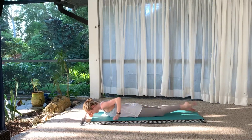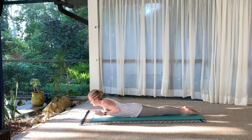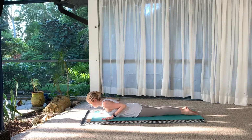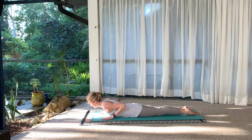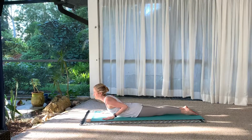And release. Cobra. Tops of the feet are on the mat, pretty close together. Keep your elbows in tight, roll the shoulders back and down. Flex your toes against the mat, feel the thighs engage, press the feet down. Lift up halfway without using your hands,